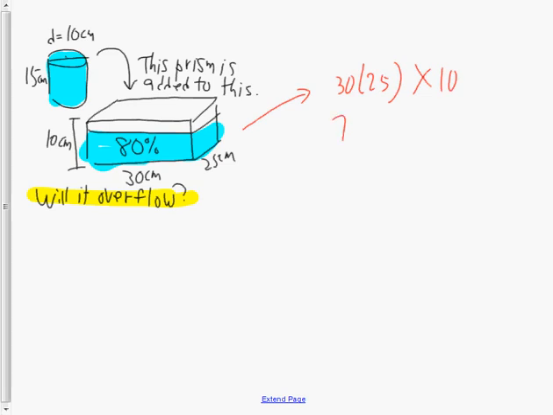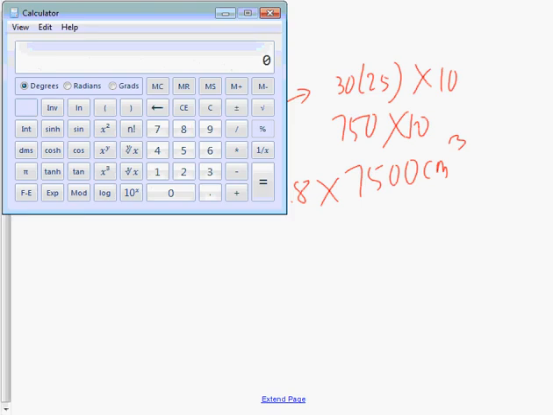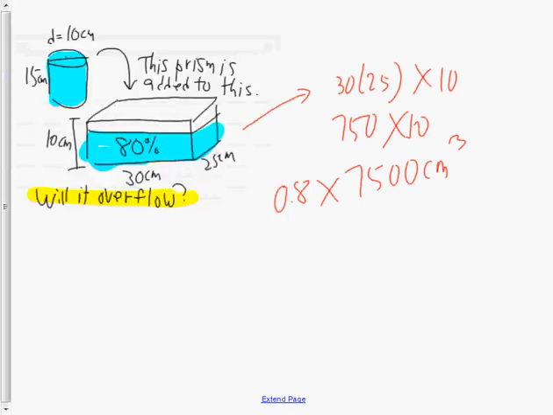30 times 25 is 750, multiplied by 10. The full volume of the aquarium is 7,500 cubic centimeters. It's only 80% full, so I'm actually going to calculate 80% of it by doing that. Grab my calculator. Full aquarium is this. 80% of it is that, which means 80% of the aquarium,